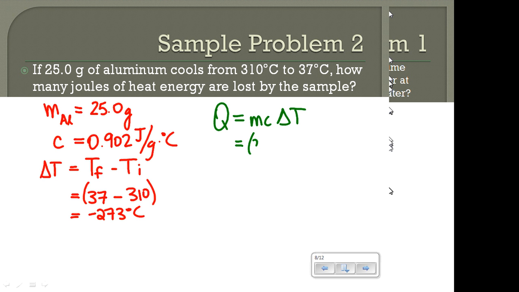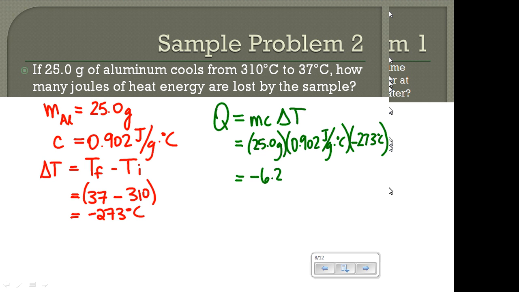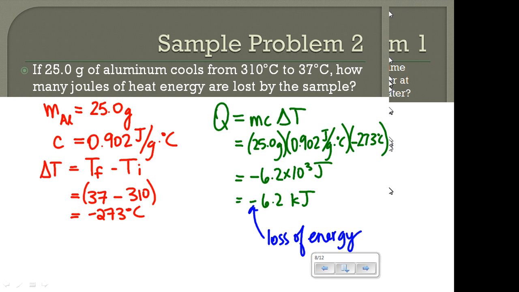So my mass is 25 grams. My specific heat capacity, 0.902 joules per gram degree Celsius. And my temperature change, negative 273 degrees Celsius. Multiply those numbers on my calculator and you should get negative 6.2 times 10 to the 3 joules, or negative 6.2 kilojoules of energy. What does that negative mean? It means we have a loss of energy, which makes sense because in order to bring the temperature down, you have to lose some energy in the form